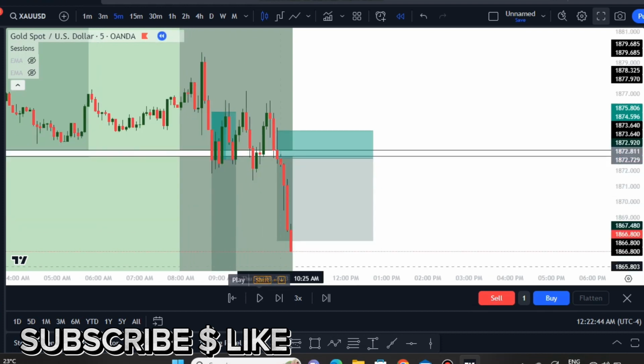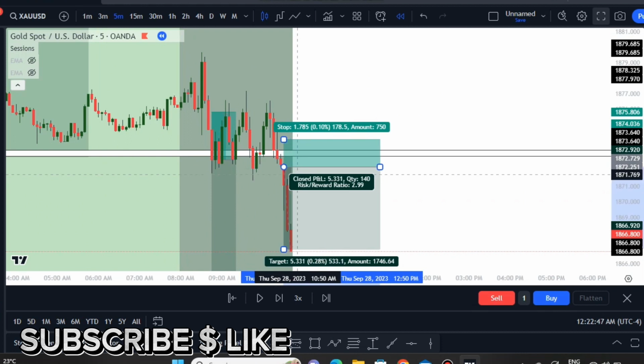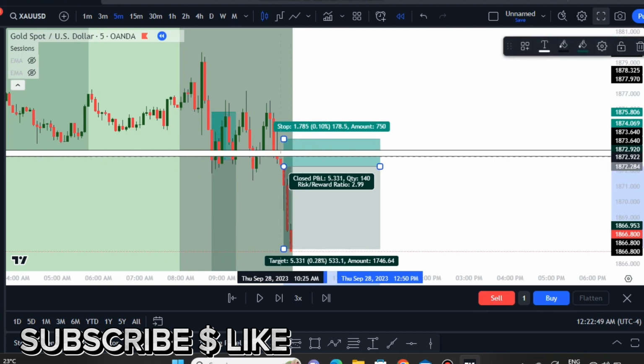You can see, so this is where I'm going to enter this trade here. It's not even on this one because of what? This is the rejection candle that gave me that confirmation. So on this formation of this candle, I will enter. Targeting